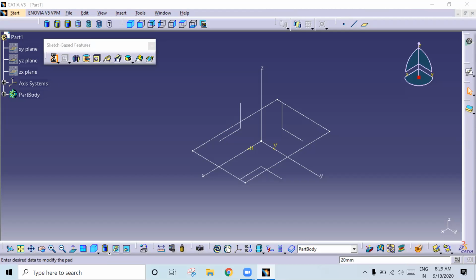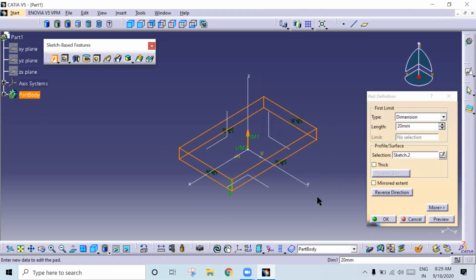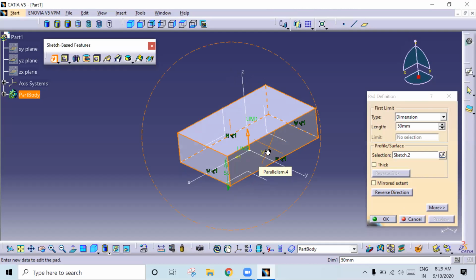then select the sketch. So once you click on the pad, you will get one window. Okay, so once window opens, you just select the sketch. See here, first dimension, length. Length, if you give 50, don't give enter, just give tab. If you want to check the preview, check the preview here. See? Okay? All of you are getting?